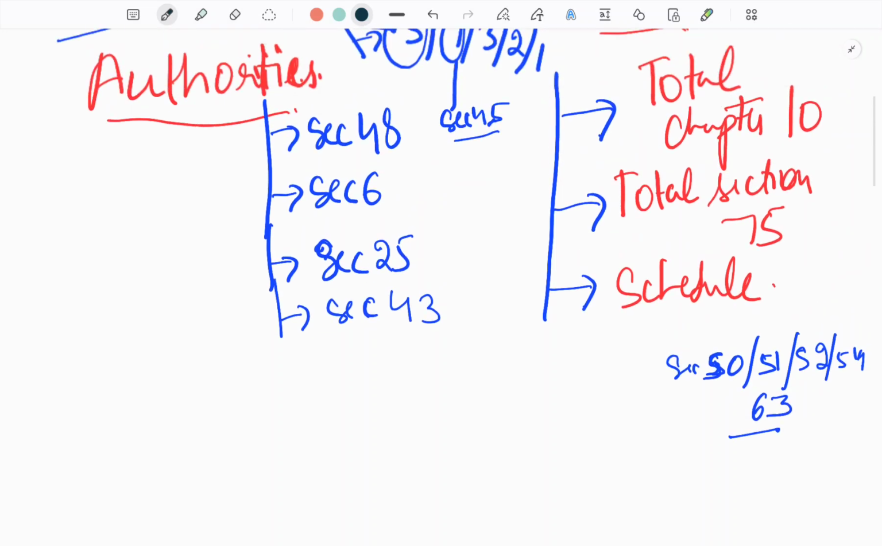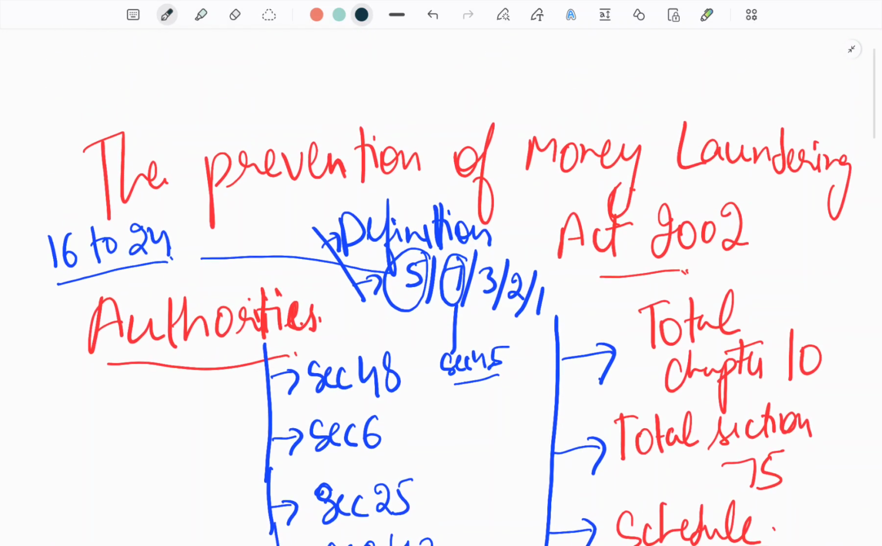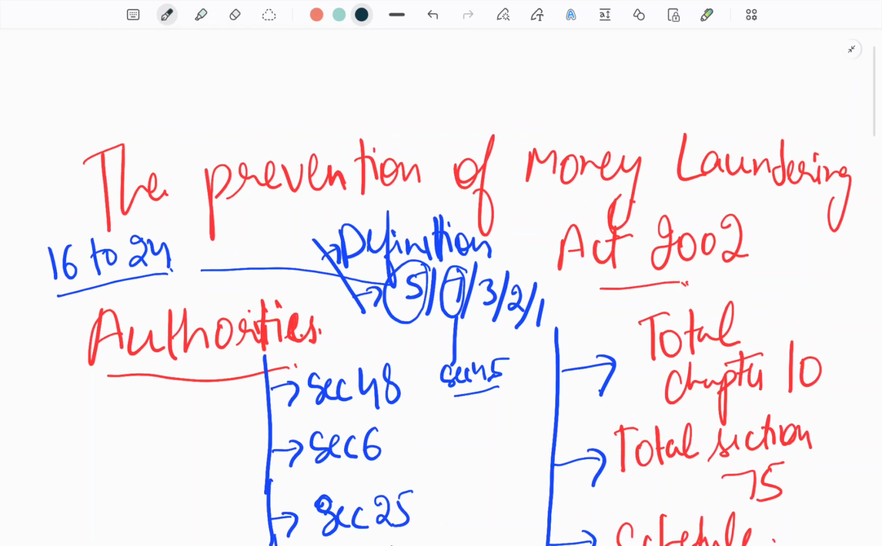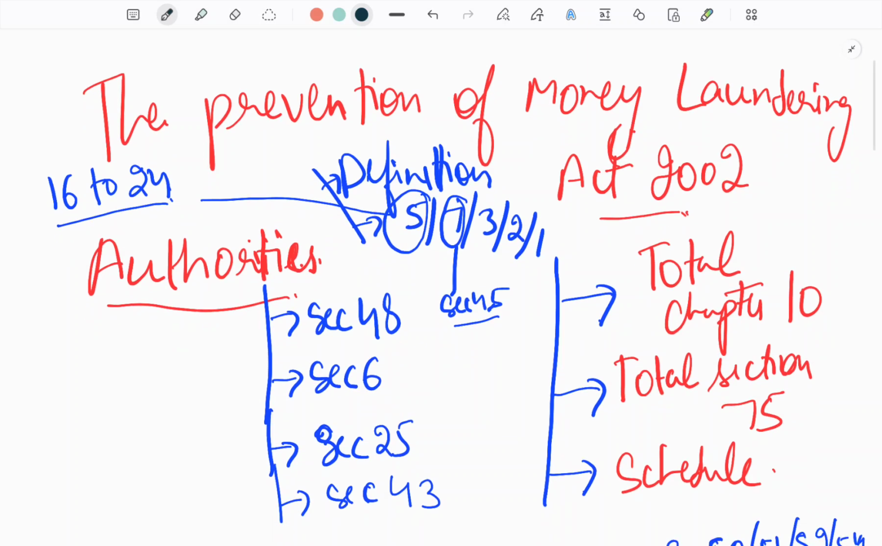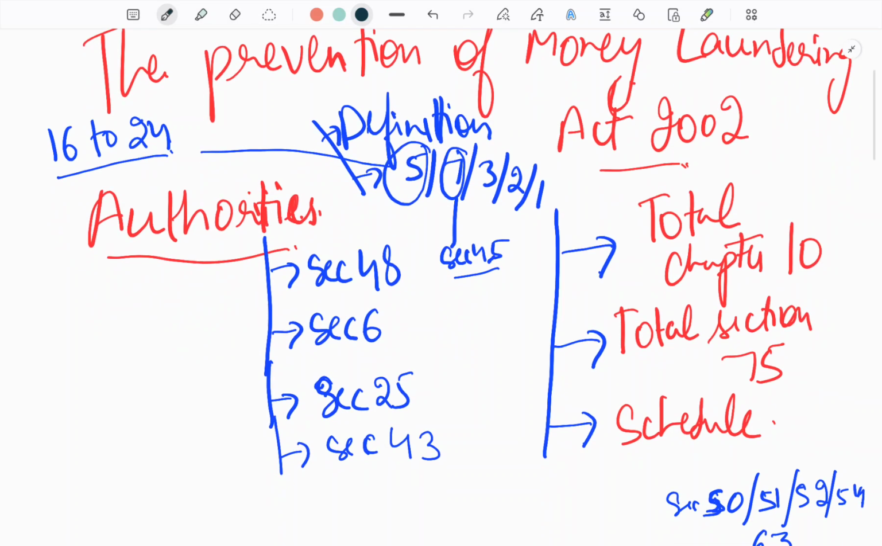In this video, I just want to define the Prevention of Money Laundering Act in totality. There are a total of 10 chapters in PMLA, with a total of 75 sections. There is one schedule, and before starting PMLA, I just want to make it clear that there are certain chapters